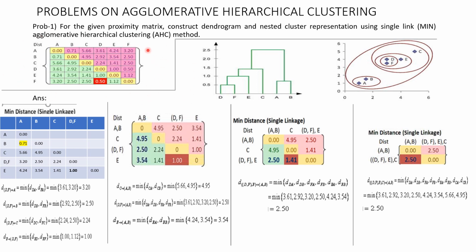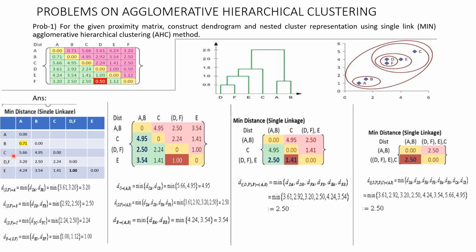Your job is to cluster these elements. Now how do you group those elements? So let us start here. Now please see which is the least number among these numbers. These are the distances, right? Which is the least number? The least number is 0.50. This 0.50 corresponds to the distance between the points F and D. So you are going to merge F and D, or D and F, in the first step. That's what has been done here.